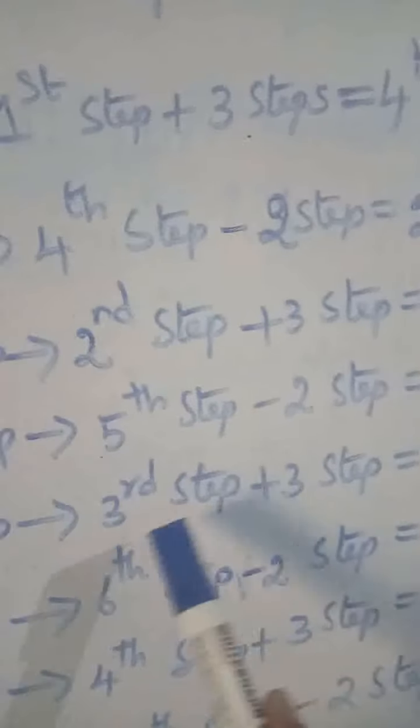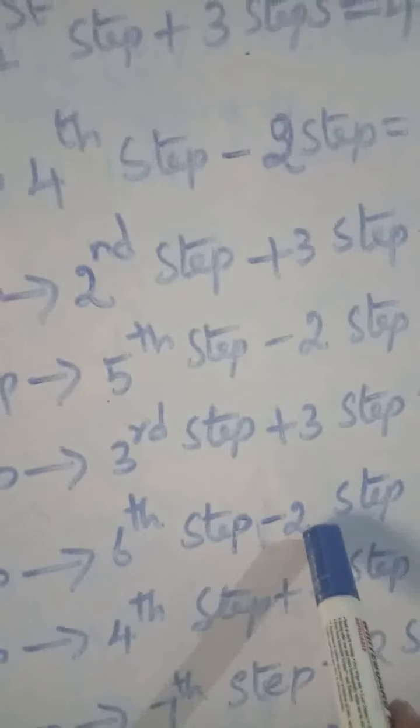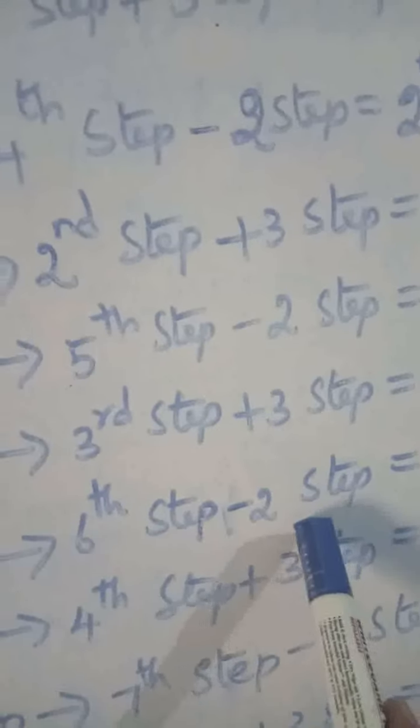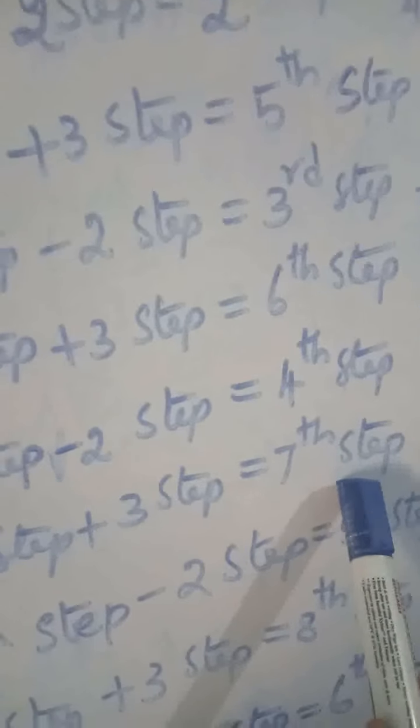Now fifth jump. In the fifth jump, already it is in third step, no? So third step, again down, no? So plus 3 steps. So 3 plus 3, sixth step. Okay. Next, sixth jump. Already it is in sixth step, no? So again back. So back means minus 2 steps, no? So 6 minus 2, fourth step. Next, seventh jump. So already it is in fourth step. So fourth step plus 3 steps. So it will be in seventh step.